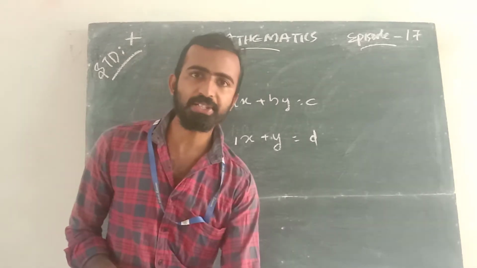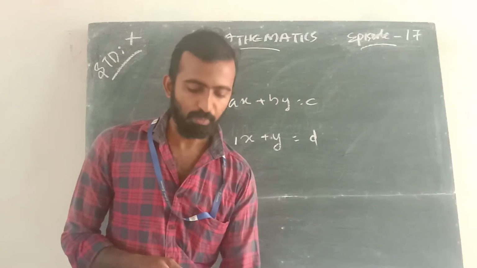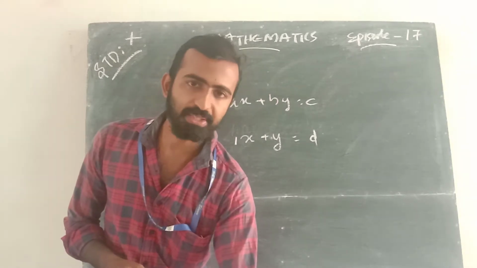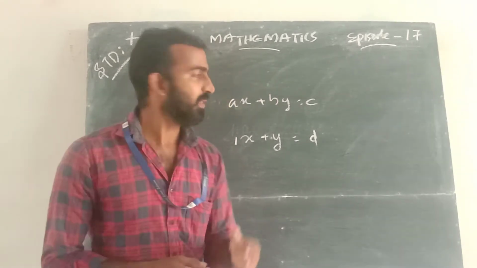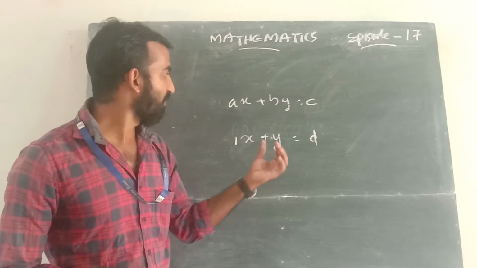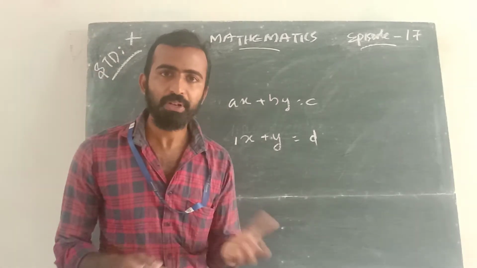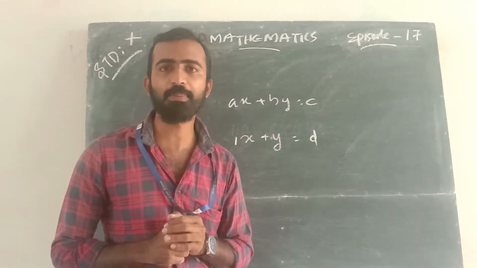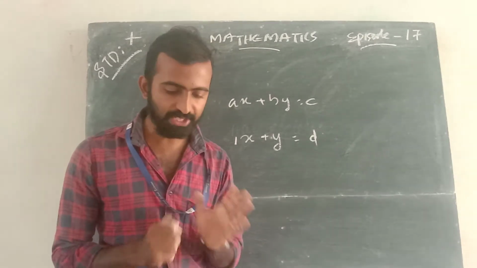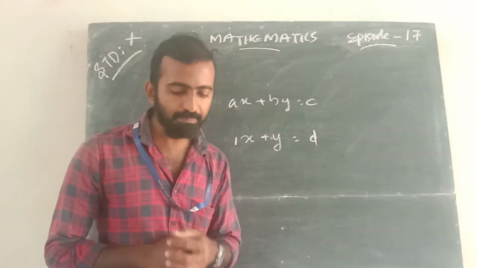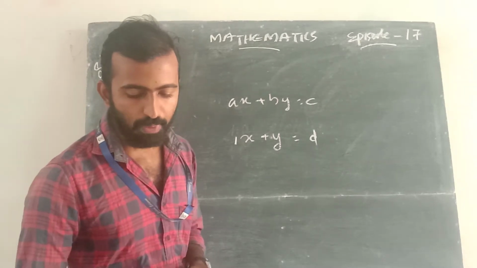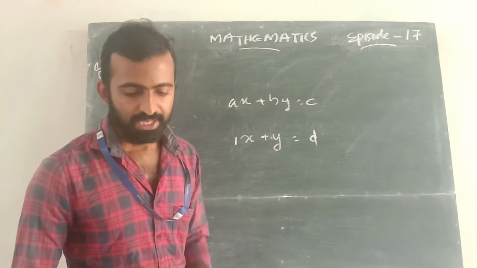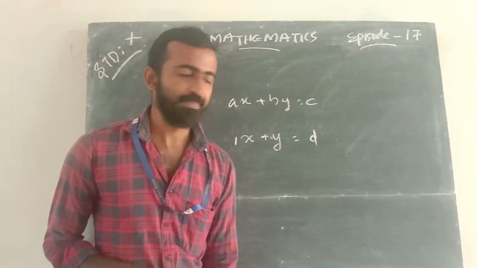In your textbook, this step explanation is on page number 55. I think you have read it and already know how the elimination works. So we are starting our second question, exercise 3.4, page number 57. One more time I repeat the question: from the pair of linear equations in the following problems, find their solutions if they exist by the elimination method.